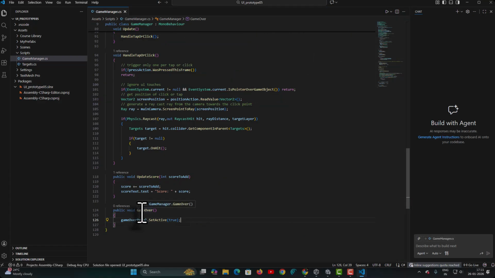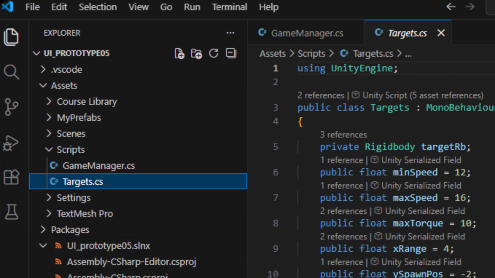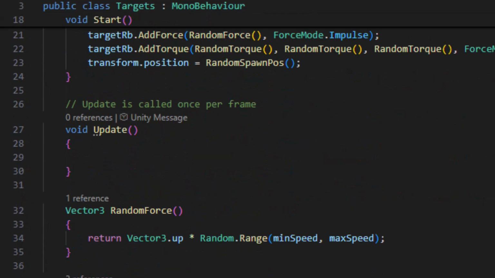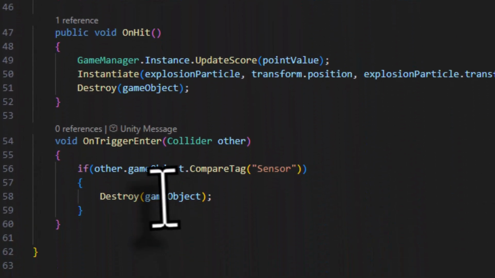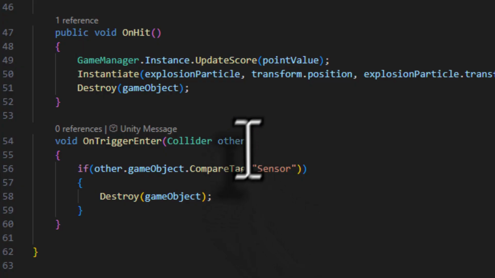Where are we going to call this GameOver? For this I have to now come into the Targets.cs file, and if you scroll down, we had added this OnTriggerEnter function. When our game object goes and hits this sensor tagged object, then above this Destroy(gameObject), I will press